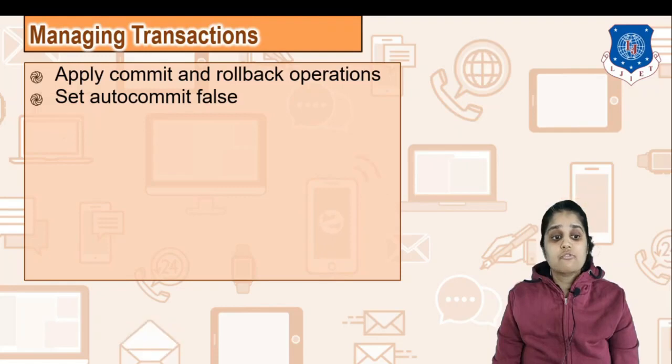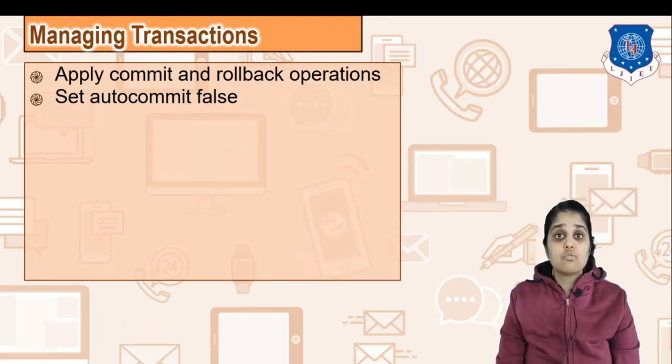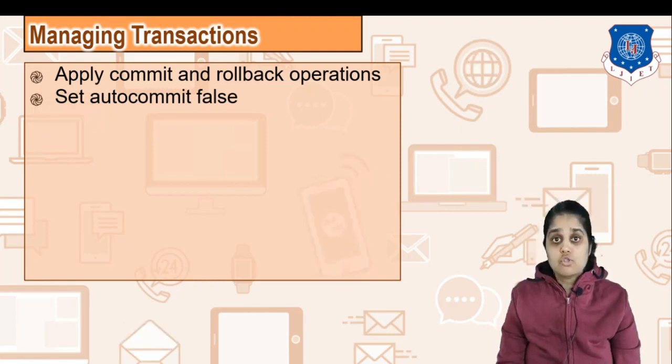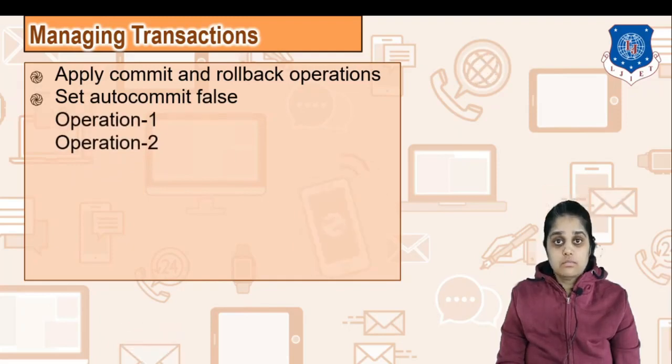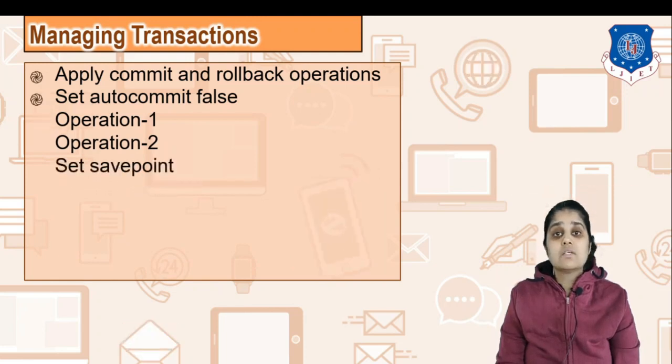So for that, the first thing you are going to do is you are going to set your auto commit false, because you don't want things to be reflected in the database very early. Okay, because you want to check whether they are correct or not. So you are first of all turning off your commit. Next is you are going to perform 2 operations. Okay, next is after these 2 operations are successful, you know they are okay, you are going to have a save point.